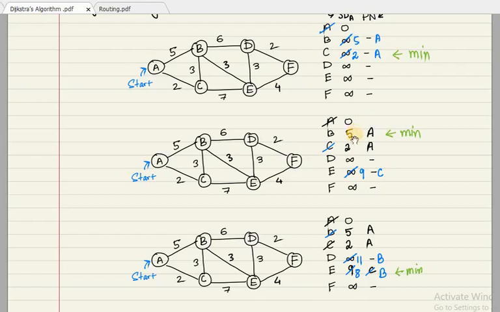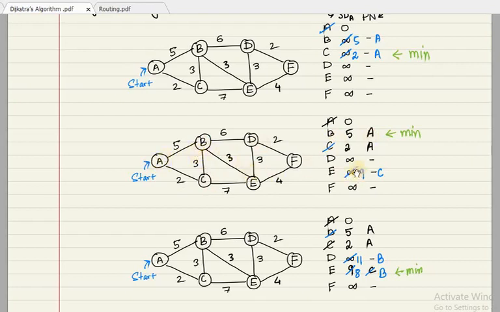Okay, now if you want to look at it from a different angle, what it means is you can go from A to B with a cost 5. You can go from A to C, C to B with a distance 5, because 2 plus 3 is 5. So you can either go through this path, or you can go through this path. The distance is same. Okay, so we want to keep the previous one that has already been discovered, so we are keeping the earlier one. I hope the concept is fine. So B has been dealt with.